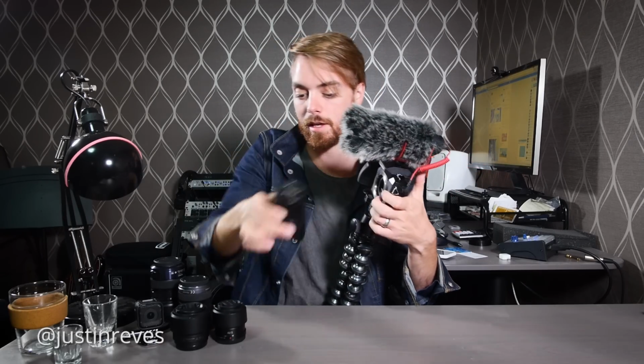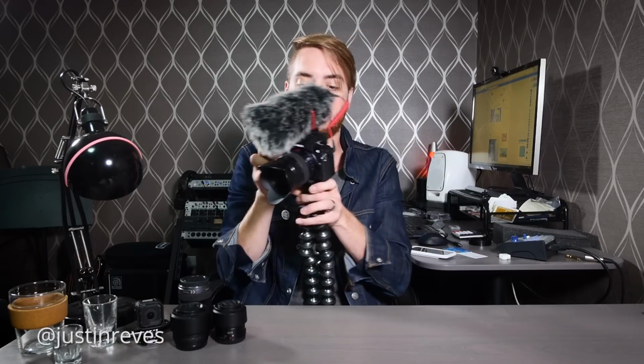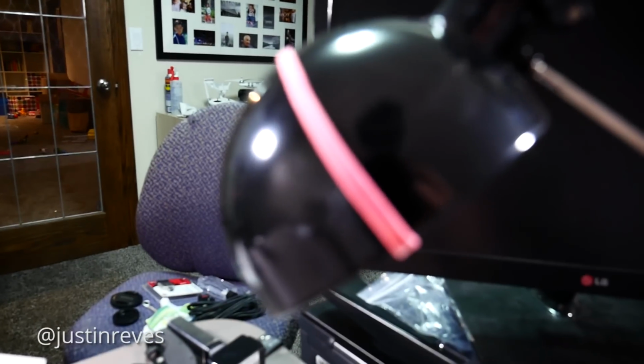Now let's throw on another lens here and see how it does. Let's try this expensive 12 to 35 millimeter and see if it makes a big difference. Don't roll off the table. There we go. All right, so here we go. We're going to start the recording here again. And we're going to go from close and focused, and far, focused, and close,